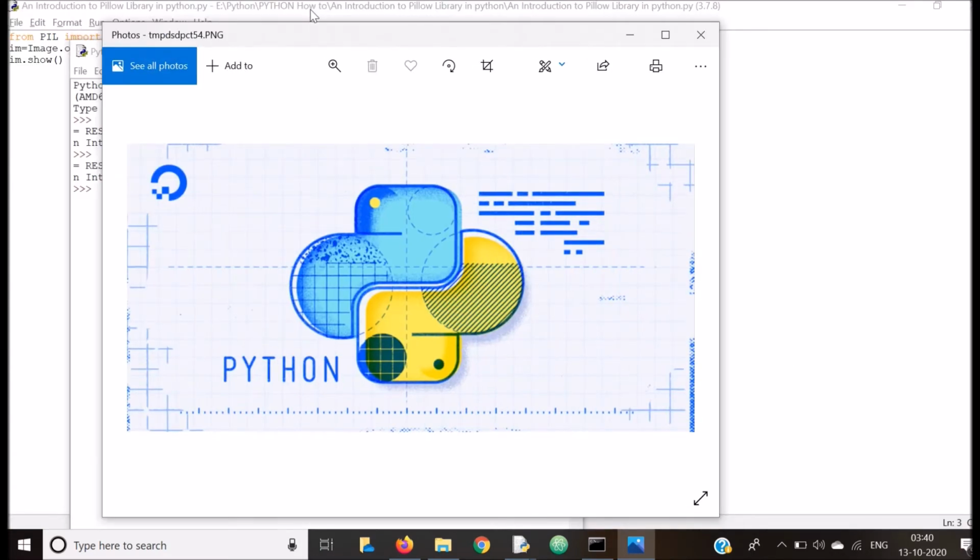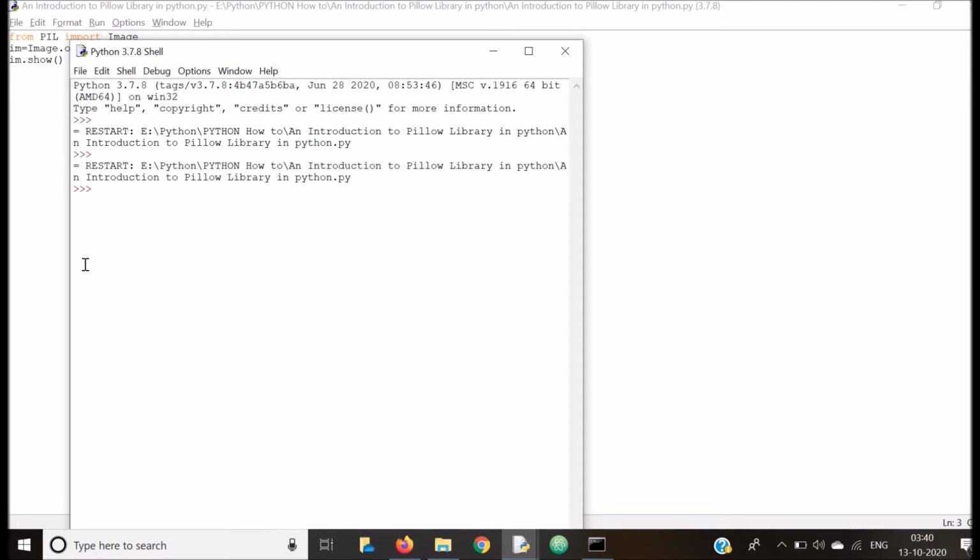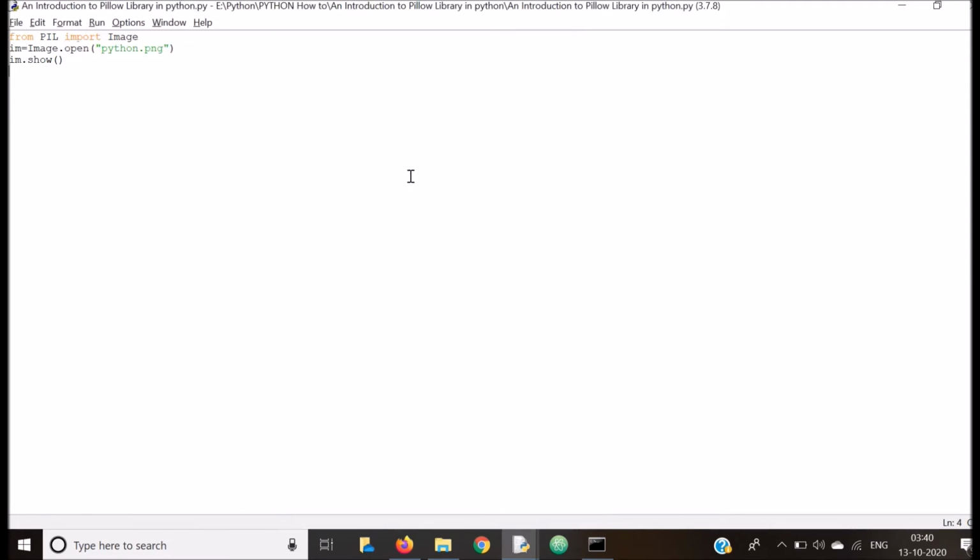Now after that, you will see how to check the format of an image. I want to check this format, although we already know the format. For that, I will comment this because I want only to check the format. im.format.